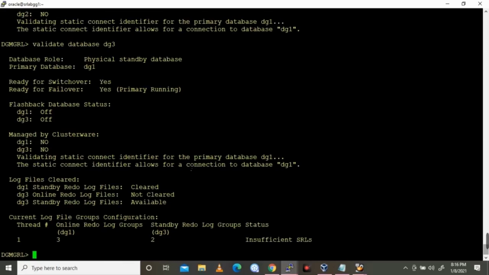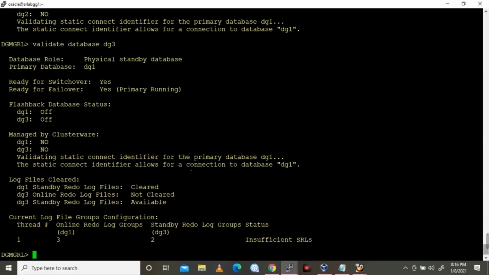So now I am validating all three databases, whether switchover and failover can be achieved.